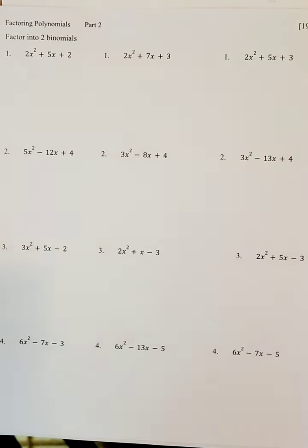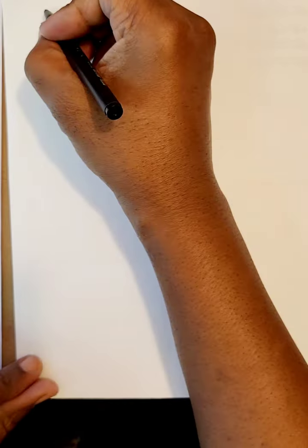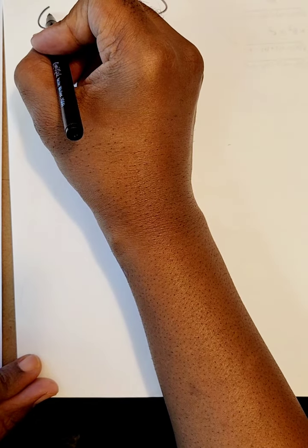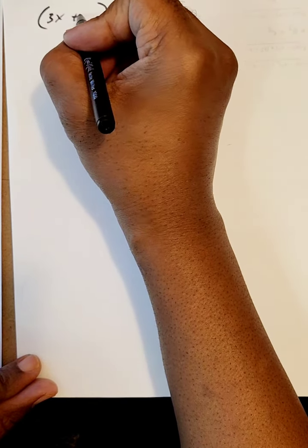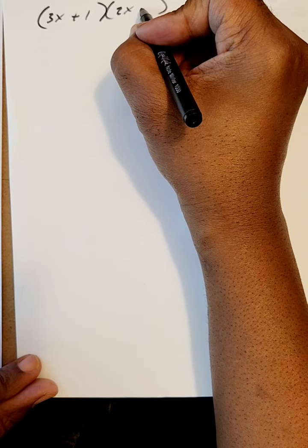Okay, we're going to be factoring polynomials. Now, let's talk about how we got the polynomials. We started off with two binomials and they were multiplied. So let's say we start off with a 3x plus 1 and a 2x